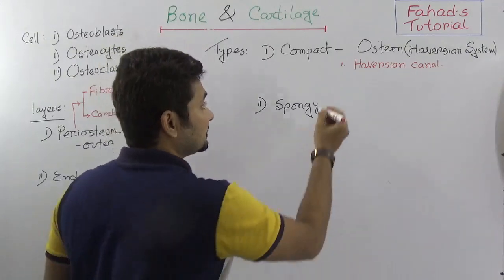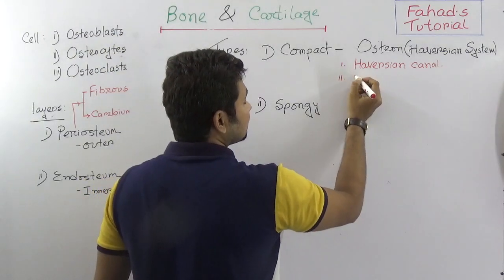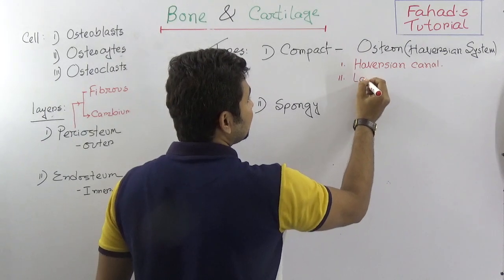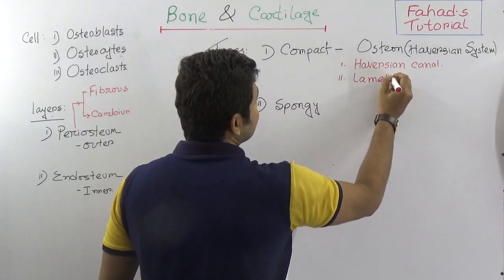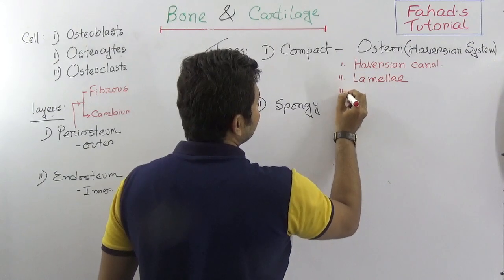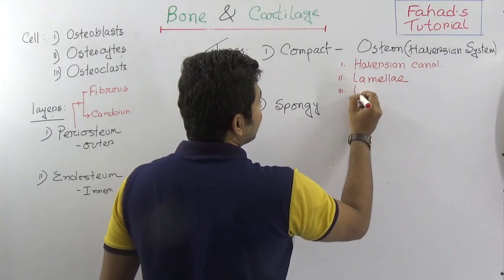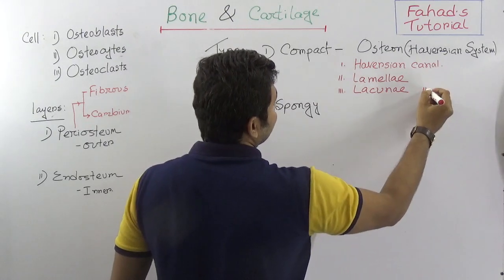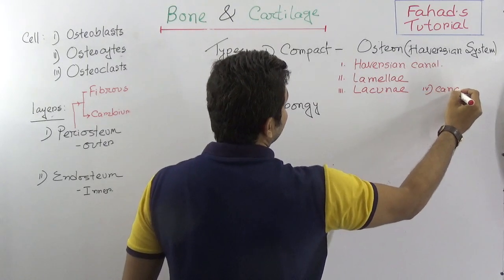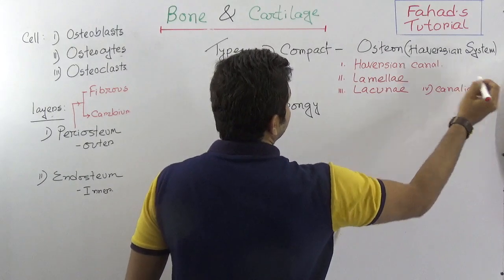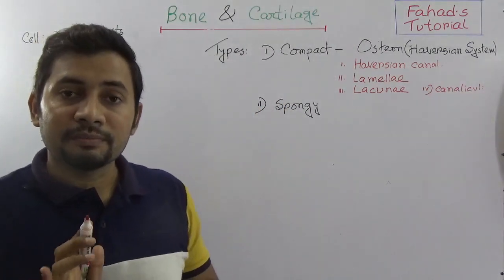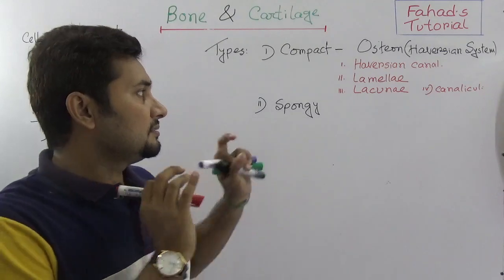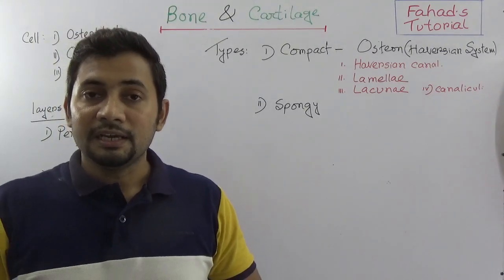There are four parts: number two is lamellae, number three is lacunae, and number four is canaliculi. If you are watching from 9th standard, it might sound very harsh to you, but in case of